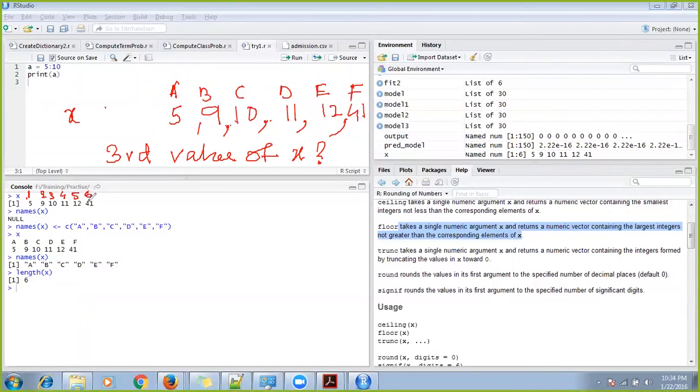There are some languages like C, Java, C Sharp, where the index starts from 0, but for R the index starts from 1. Please remember that always. Don't forget that index starts at 1.